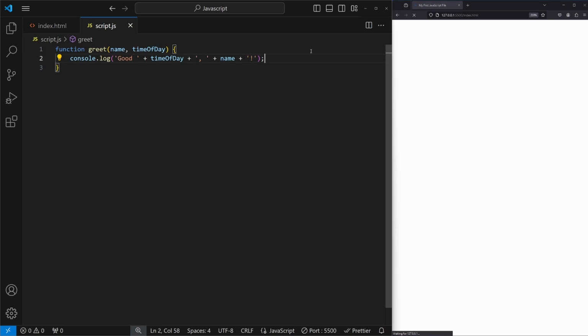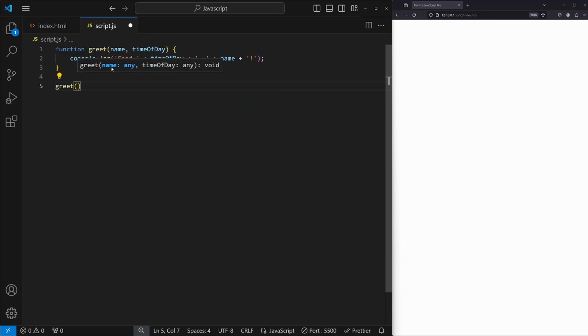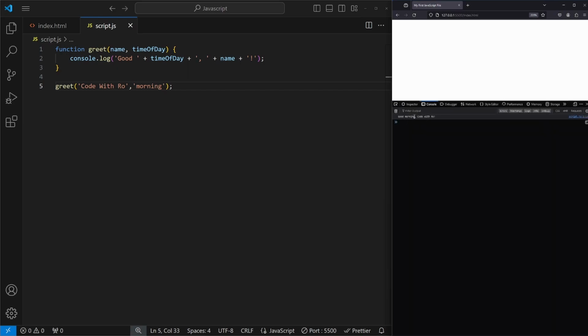And currently this doesn't do anything because we need to actually pass in something. So now all I need to do is call the greet function and pass in two strings in this case. So for example, in this one, I'll do Code with Row. Over here, I'll type in morning, hit Control Save. And now when I open my console using F12 on my live server, it'll say